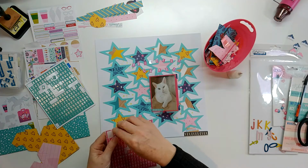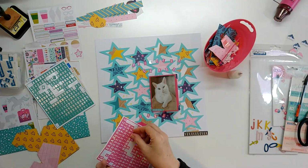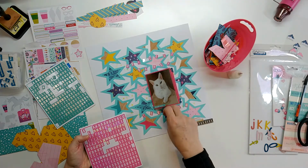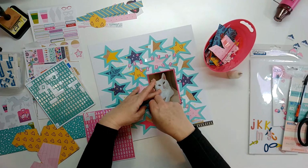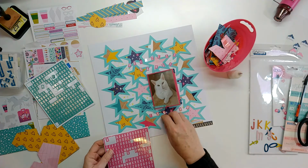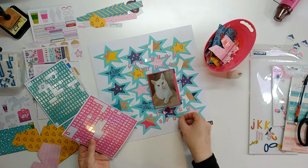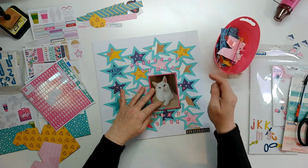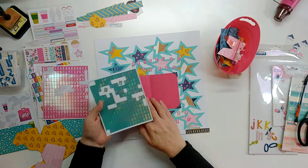And then I'm going to spell out the words taking court, because that's what she looks like she's doing. So I'm just popping those down and arranging them how I like. I do find that sometimes these stickers don't stick very well. So off camera, I have put a little bit of glue underneath them just to make sure that they stick in place perfectly. So we've got Princess Candy taking court, and then the green letters, which I absolutely love this colour,